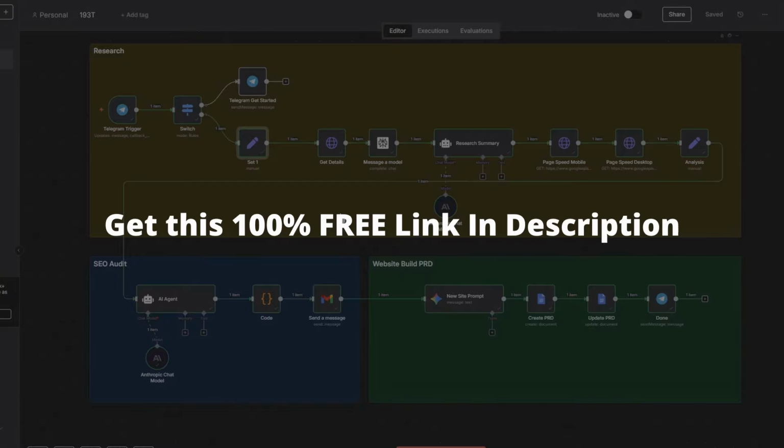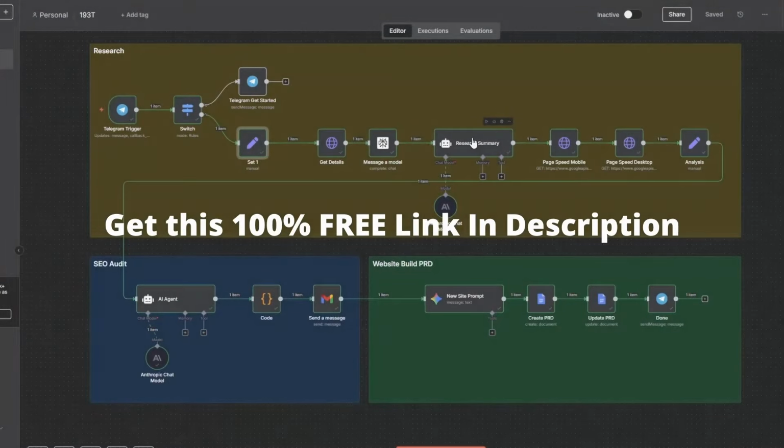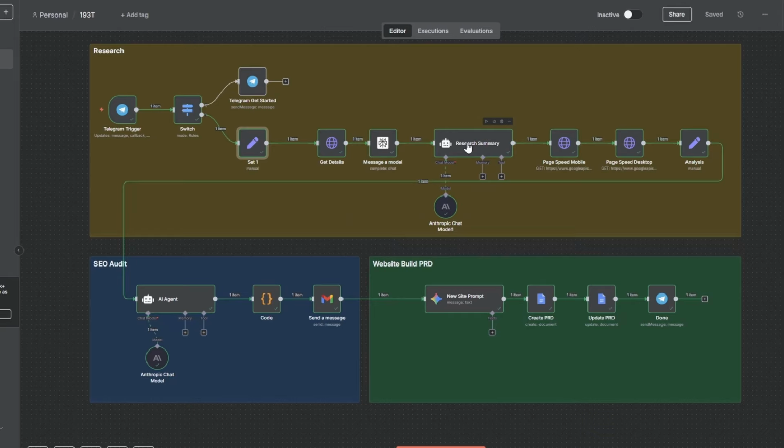It messages the model, so it goes off to Perplexity and does some of the research. More of the research is also done here by an agent. Then we actually tap into Google's Lighthouse page speed API. Then we head down to the SEO audit packaging component where we can render out a really good looking HTML email. And the final part of the process, which is shown in the green here, which is the website build